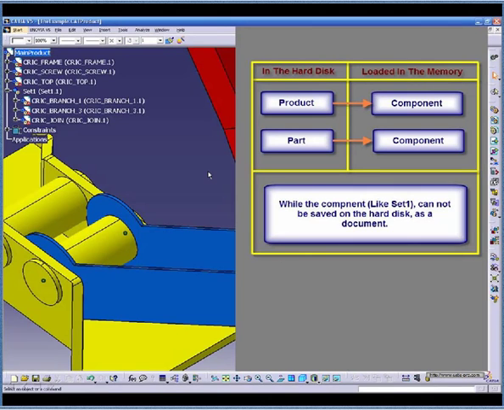Okay then, unlike the bodies, parts and products are documents. In other words, they will be saved on the hard disk separately, which means we can break down large designs into portions and then reuse them anytime we want. The part documents will be saved with the extension CATPart, while the products will be saved as CATProduct. Speaking of the names,